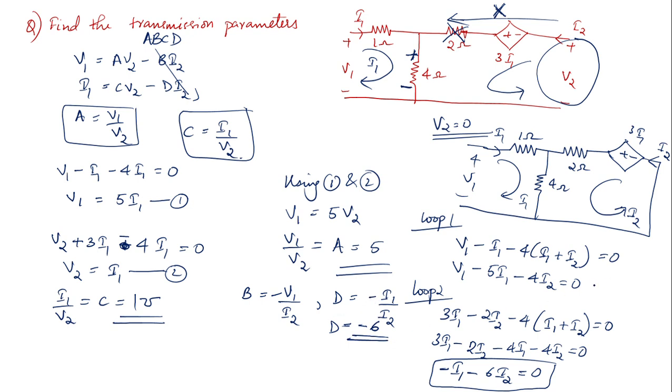Now if you substitute the value from here, we can give this as equation 3. If you substitute the value from 3 into loop 1, you will get the value of B also. Okay, so you can just do the substitution and you will get the value of B. The value of B is 26.